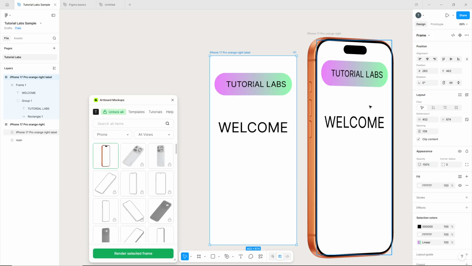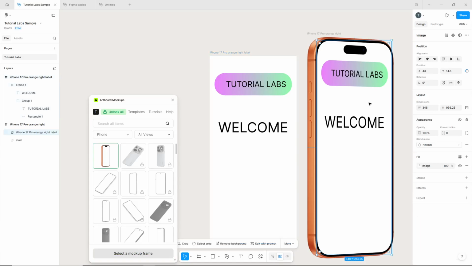And that's it. You've successfully added your Figma frames into a device mockup, giving your designs that extra layer of